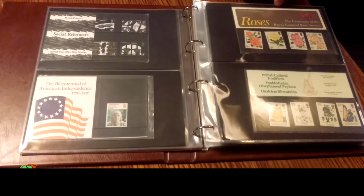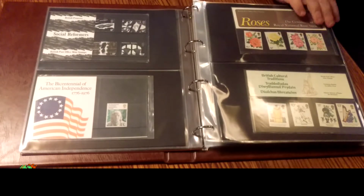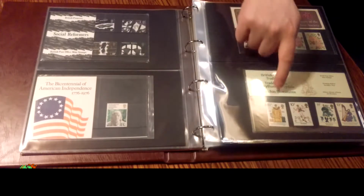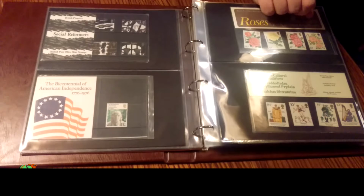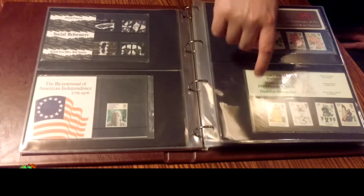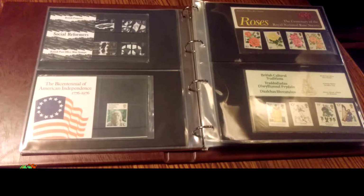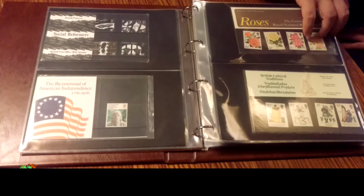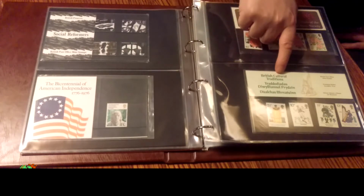Roses. I mean, what do you say about roses? British cultural traditions. Do you know what the thing is? The amount of information on the back of these packets and on the inside, if you open them up, is actually pretty good. I just don't take the time to read them all or know any of them. So I am going to come across as quite thick. But look, if you look here, they've got it in